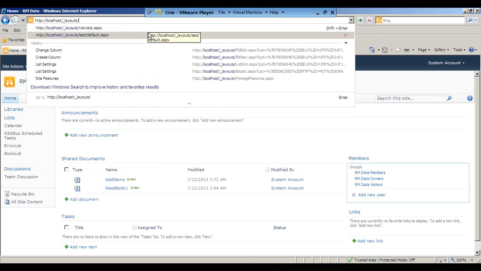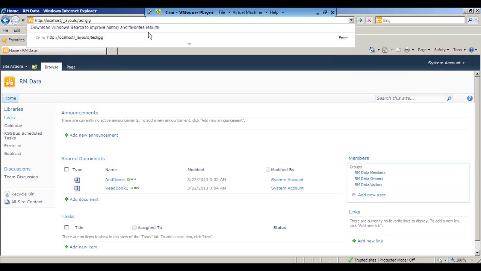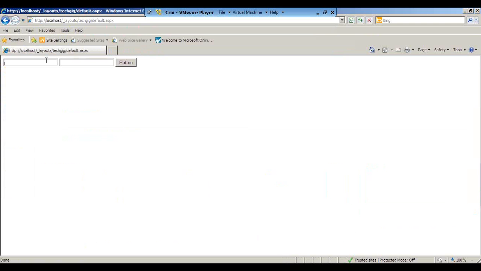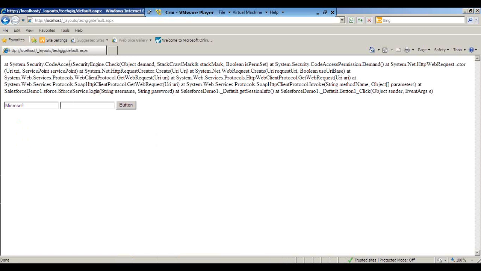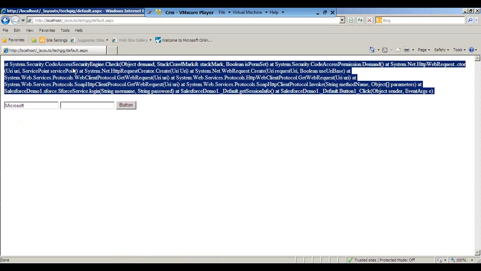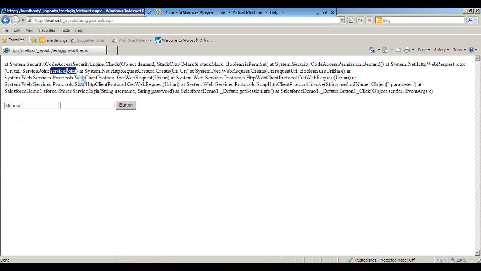I'll try to navigate to the URL tech gig. I have created the tech gig folder, and under that tech gig folder I have that default.aspx. Here we are. It is showing us the UI which we have made for the demo. So same thing, Microsoft. Okay, I was waiting for this error to happen. See, it is throwing us some System.Security code access security error,